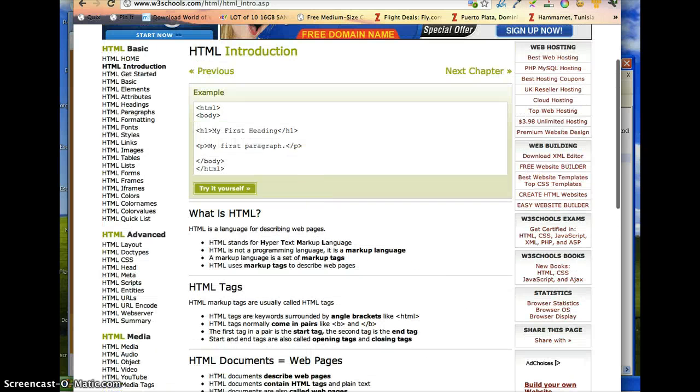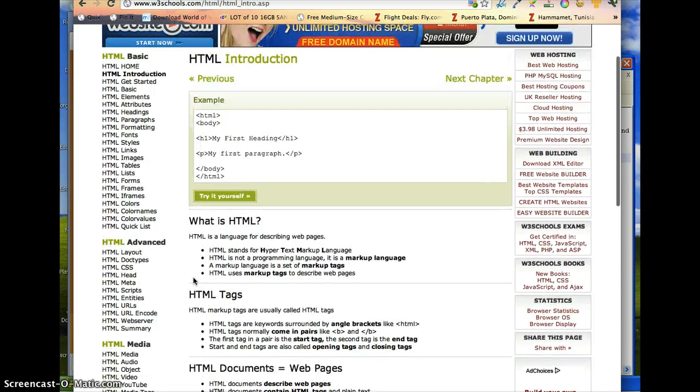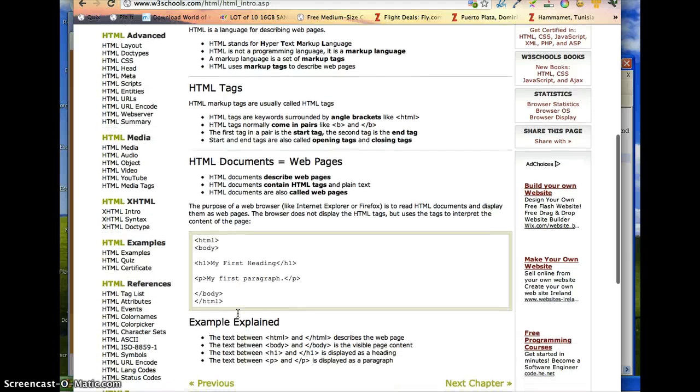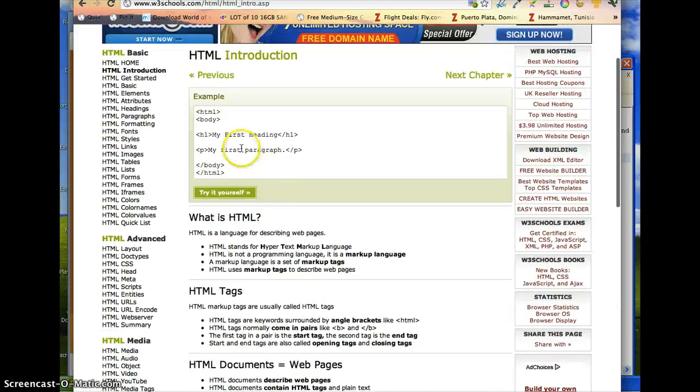This is a website called W3 Schools here. It uses markup tags like this, which we'll learn more about later. You have to have an opening HTML tag and a closing HTML tag. We'll learn about all of those later on as well. And that's pretty much it. So if you learn about these sort of things, which I'll teach you later,